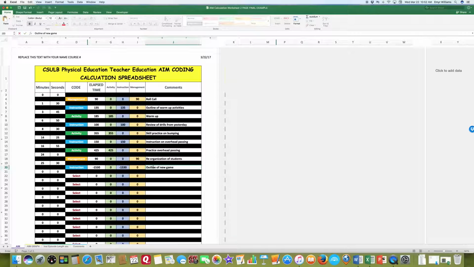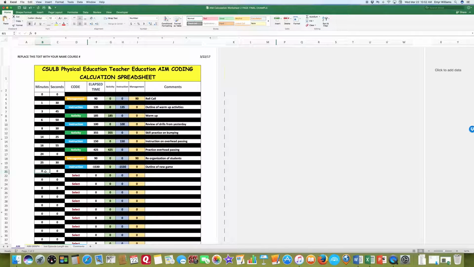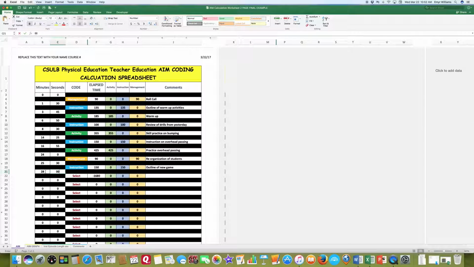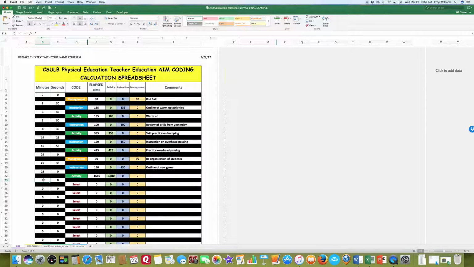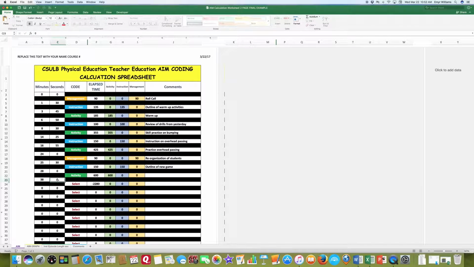I'm just going to put new game down here just to make it a little bit quicker, and that goes until 28 minutes. I can put 00 down there, but it'll make it 0 anyway. Then they go into the activity, and they're in activity for over 10 minutes. So 38 here, 48, and this is